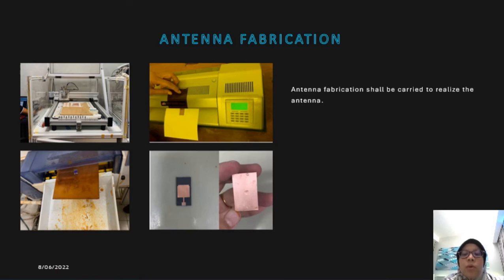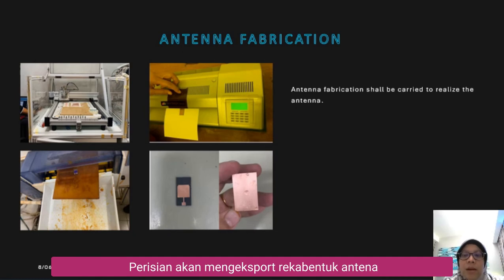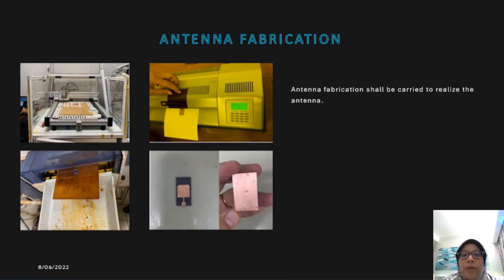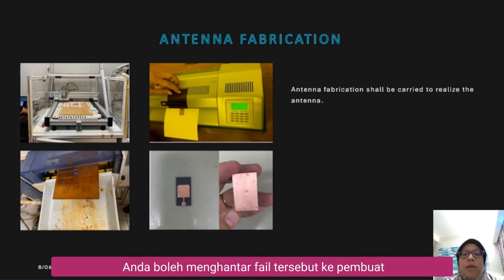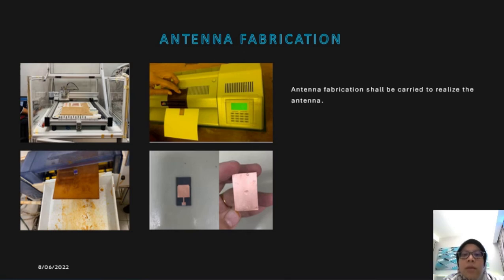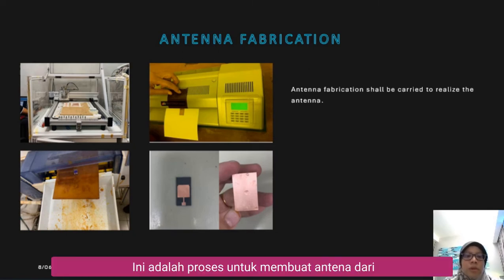Okay, so from the previous antenna design, you can export the design into a Gerber file, and you can send the file to the manufacturer in order to fabricate the antenna. So antenna fabrication shall be carried out in order to realize the antenna. So these are the processes to fabricate the antenna from the Gerber file into